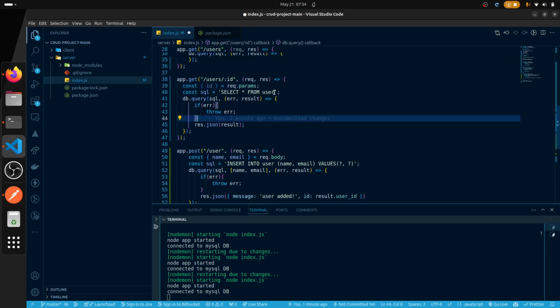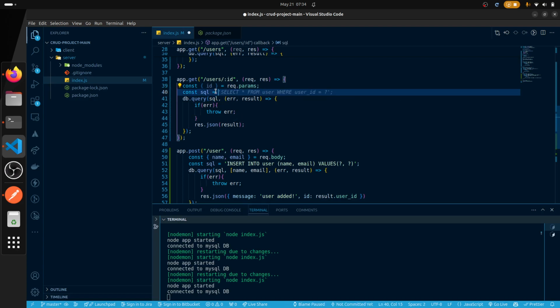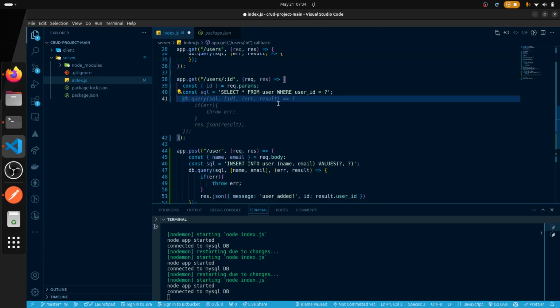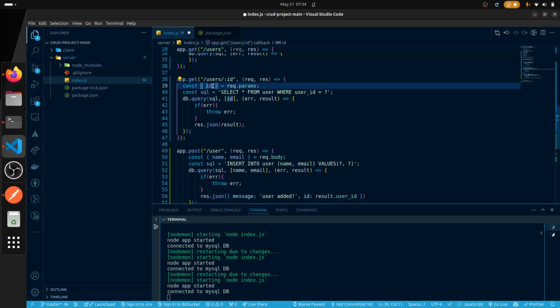And in the SQL query, we need to modify this statement: select star from user where user ID is equal to, and in db.query we need to pass that parameter, right? As the second parameter we will pass that dynamic ID which we fetched from the request. So db.query and our SQL query, and here we will pass our ID which we got from the request, and